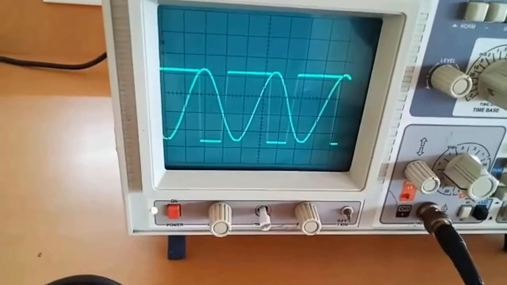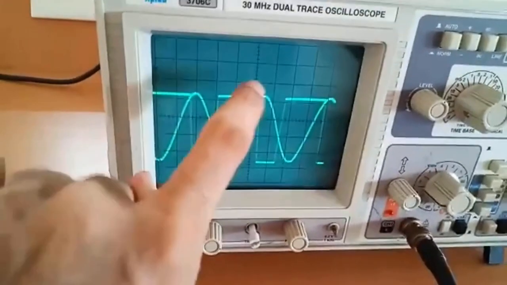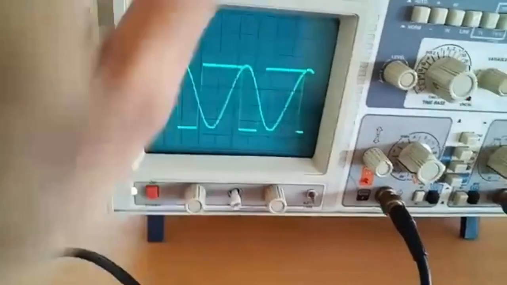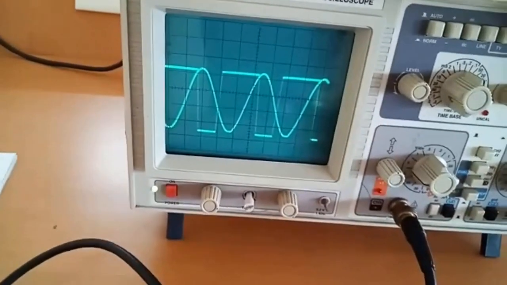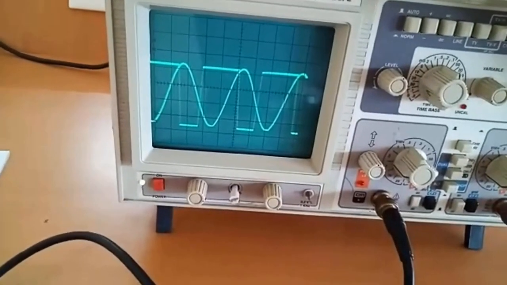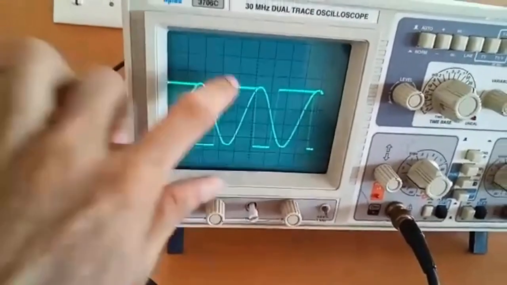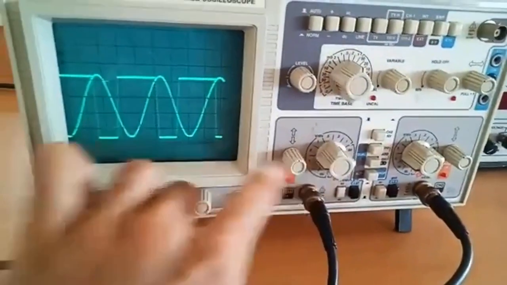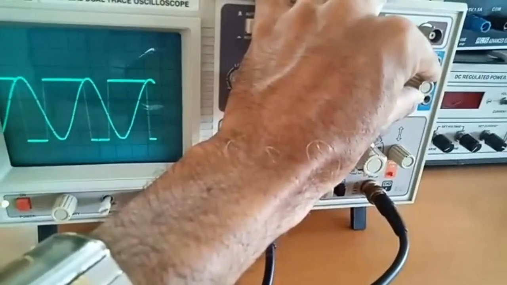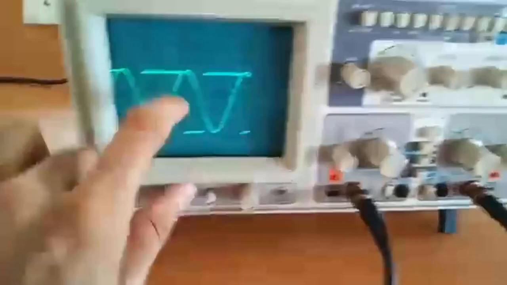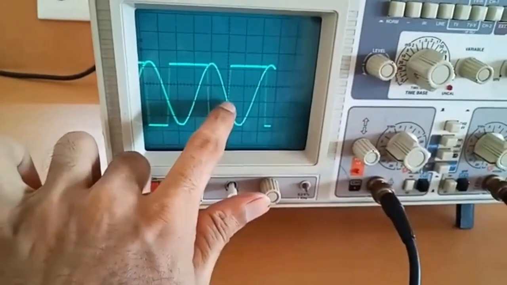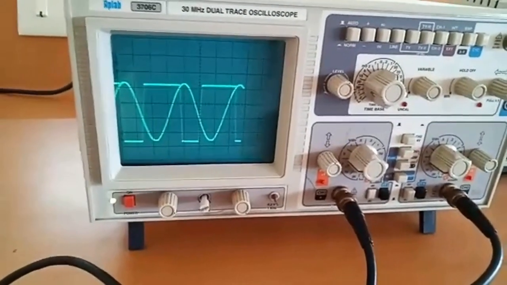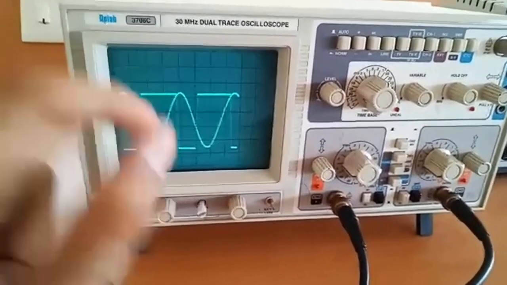So there is an upper triggering point and a lower triggering point over here. This point is the upper triggering point and this point is the lower triggering point. If I measure it properly, this is around 1.1 to 1.2, that is the upper triggering point, roughly 1.1, 1.2, multiplied by 5 is 6. The lower triggering point is roughly again around 1.1, actually I am getting in the waveform, multiplied by 5 is 5.5. So we designed for plus 6 and minus 6 and we are getting plus 6 and minus 5.5.